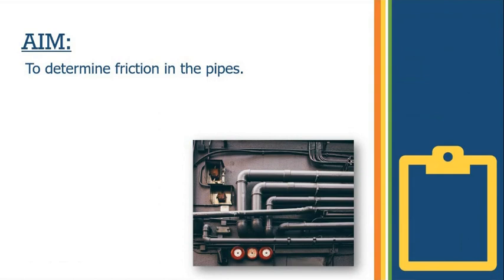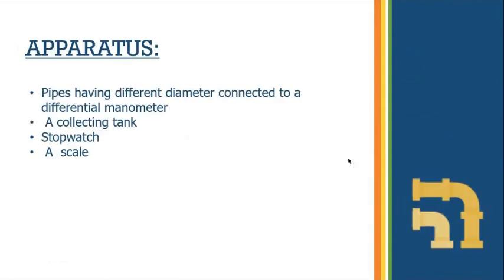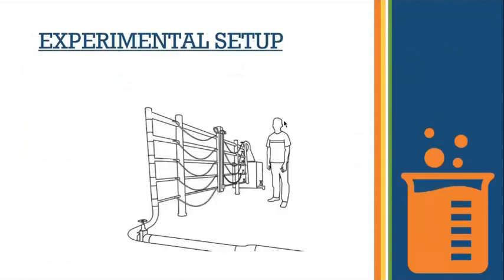The aim of this experiment is to find out the friction factor for a given pipe of different diameters. The apparatus used in this experiment are pipes having different diameters connected to a different manometer, a collecting tank, a stopwatch, and a scale. The experimental setup looks somewhat like this: this is the inlet valve, these are pipes with the different diameters, and that is the outlet valve. Collecting